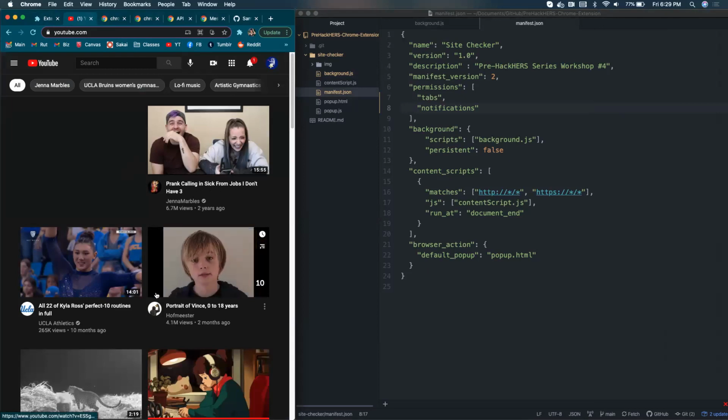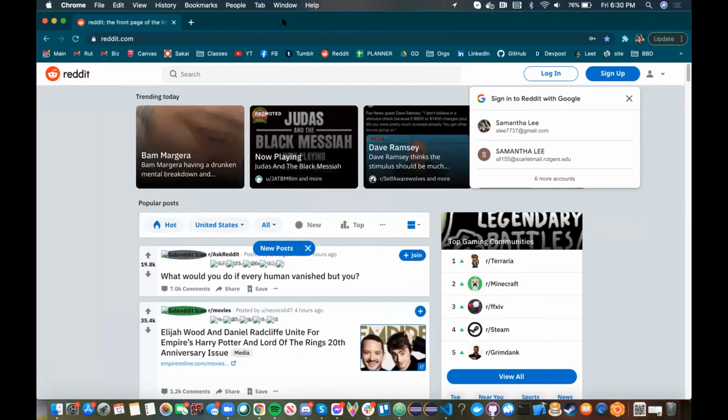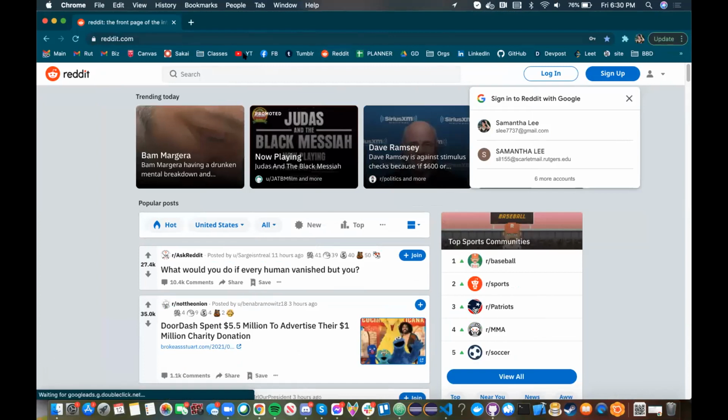You guys don't see the notification because I am on a second screen. I will switch screens real quickly to show you guys what it would look like. Stop share. Also make sure that your notifications are on, so don't put on do not disturb. Right now I'm on Reddit. This is not YouTube, but when I go to YouTube,